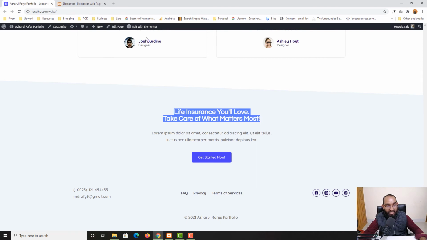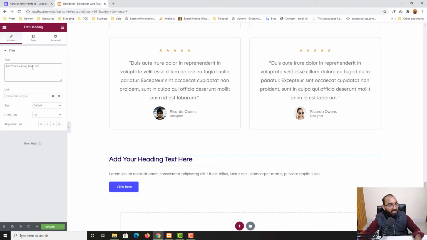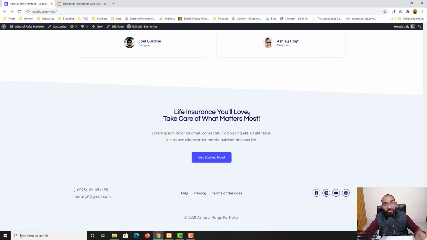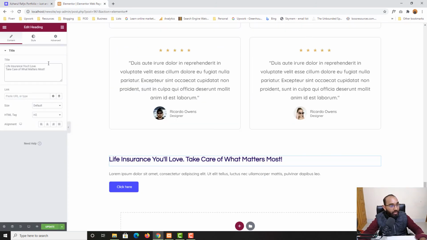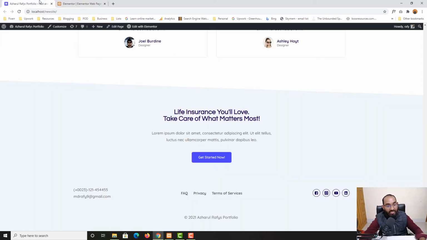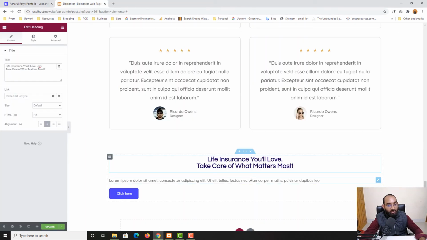So let me just copy these things, paste them here, and after that I am going to take it to the second line. So I'm going to use now the HTML tag. You should know about the ways, you should know about how things work, so that you'll be able to implement them to make your client projects easier. So let me take you back. After the word lab, I'm going to provide this break tag, and just take a look, we have got 2 lines. Now I'm going to take them to center alignment and just take a look, it is looking real